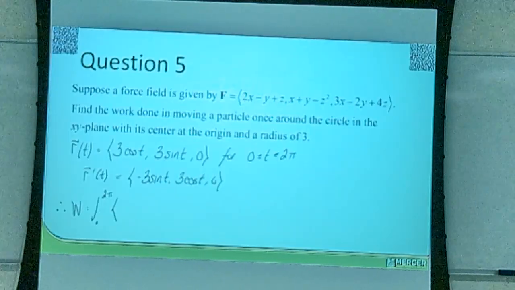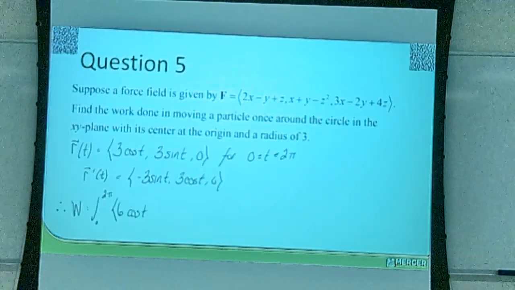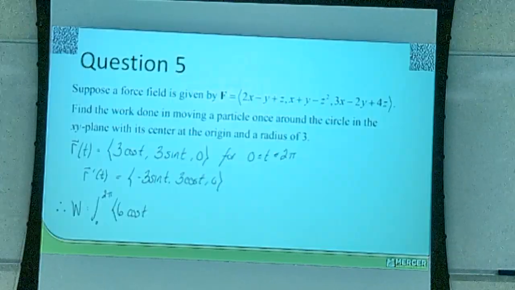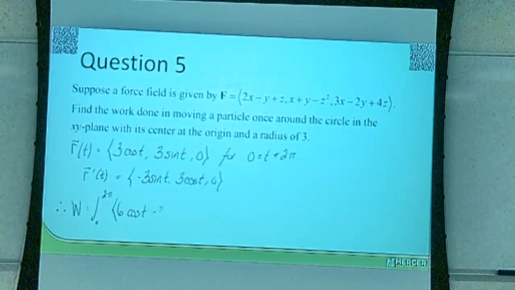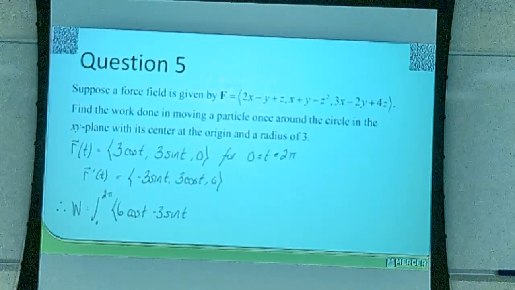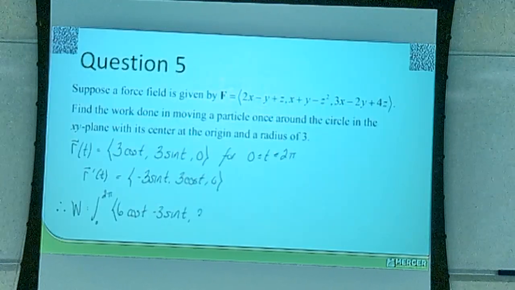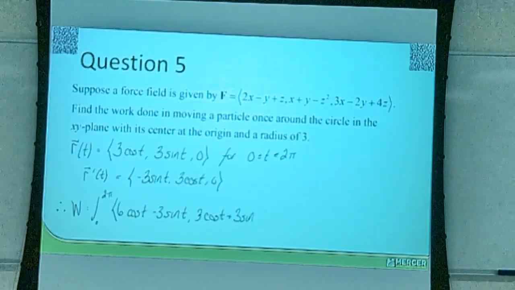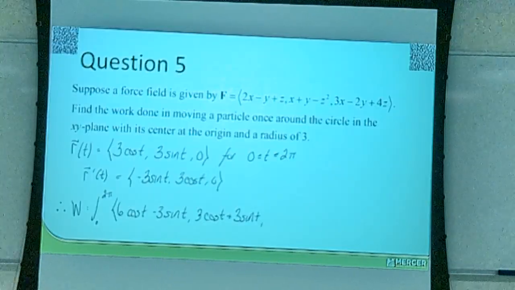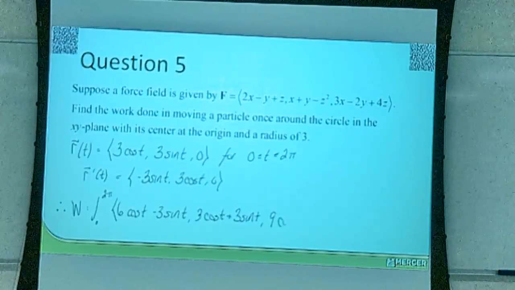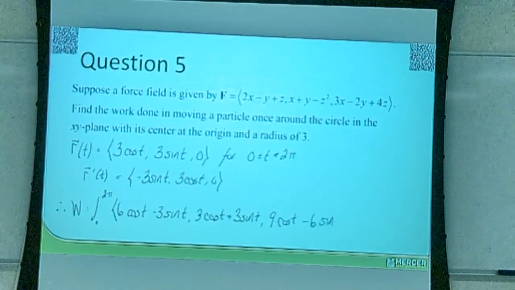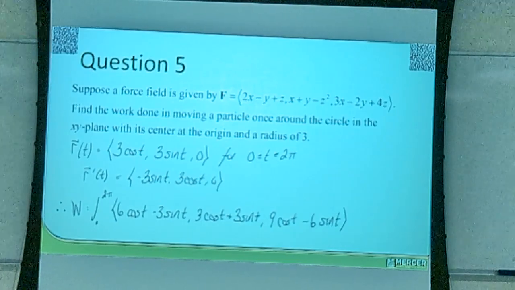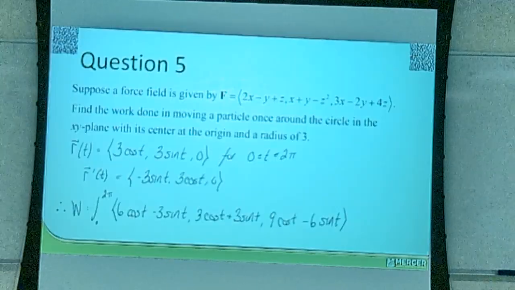That's going to give 6 cosine t minus 3 sine t plus 0, 3 cosine plus 3 sine minus 0 squared, 9 cosine minus 6 sine plus 4 times 0. That has to be dotted